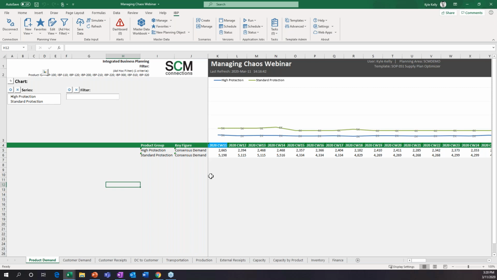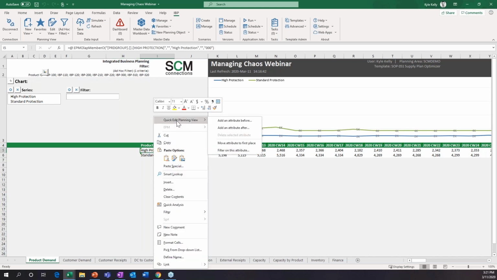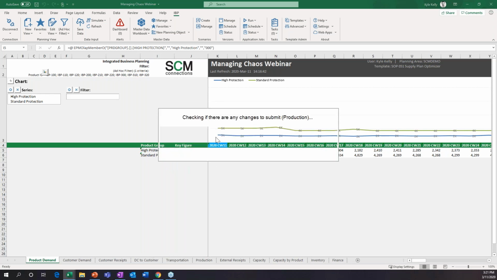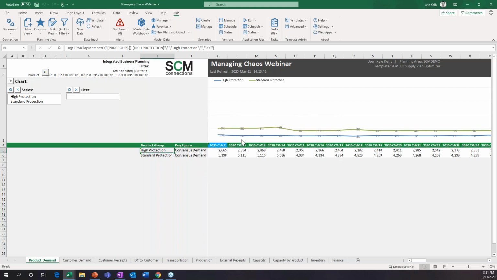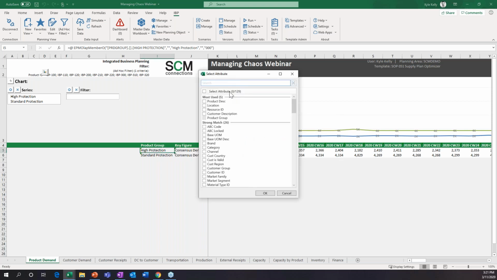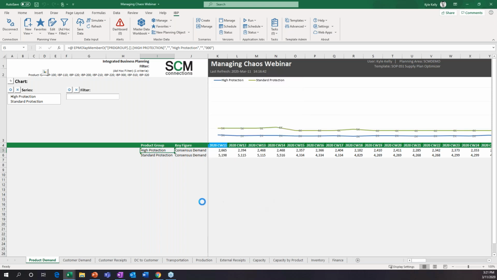Now, just to highlight some of the reporting capabilities of IBP, they're built into the tool itself. Let's say you want to dig in a little bit deeper and not just see this at the high product group level, but see what's actually comprised inside these groups. I can just do a quick right click here and add what's called an attribute. This is just another piece of data associated with the product. If I add the attribute here, it's going to give me the option based on how we have the master data set up, and we're going to add in the product description.